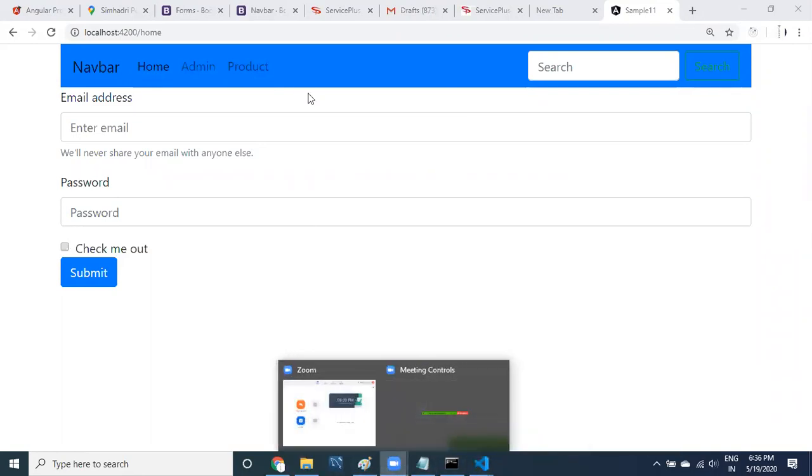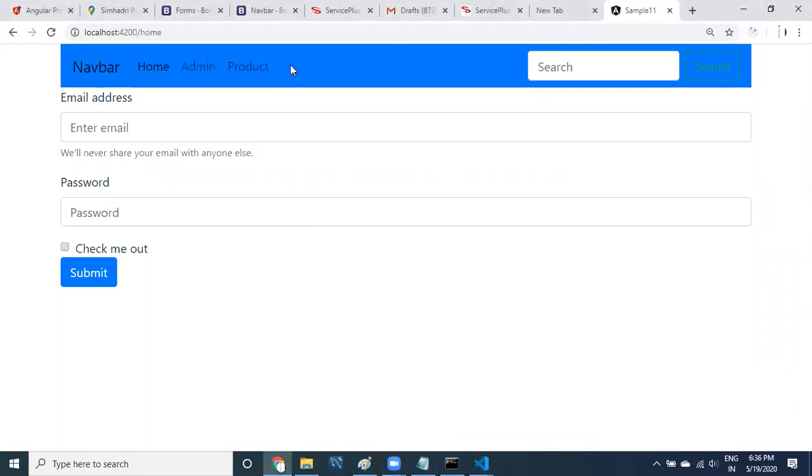Maybe I want to provide a person menu item, and a student menu item. These two things. The person component should be available in the person module, and the student component should be available in the student module. So I'm going to create two modules and two components, one component inside each module.